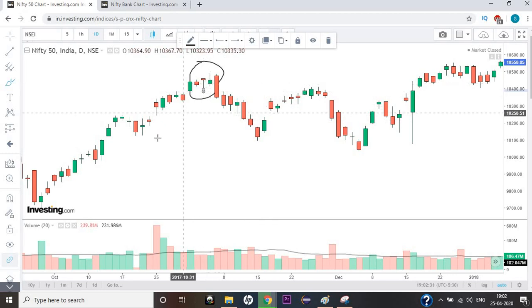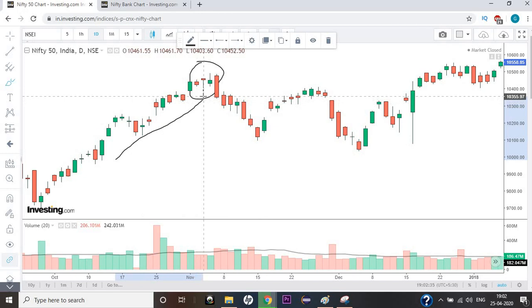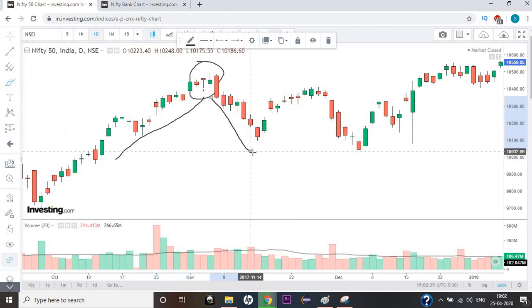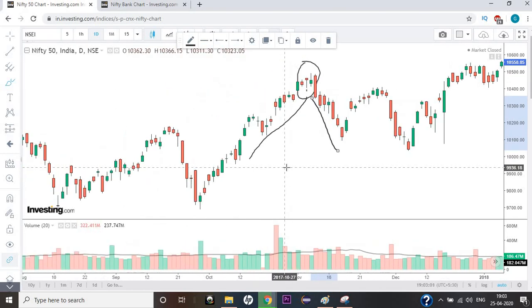So what happens if I encounter this? Previously the trend was upward, right? I encounter this, and you see the trend goes lower, right? So if you find this, go and invest your money. If you are selling it, or if you are an option trader, there are different strategies to trade. Go and buy a put for it, and you will earn a good amount of income, right?